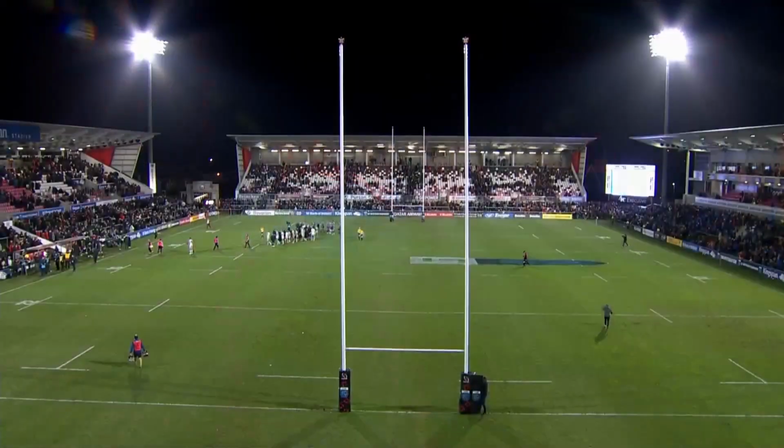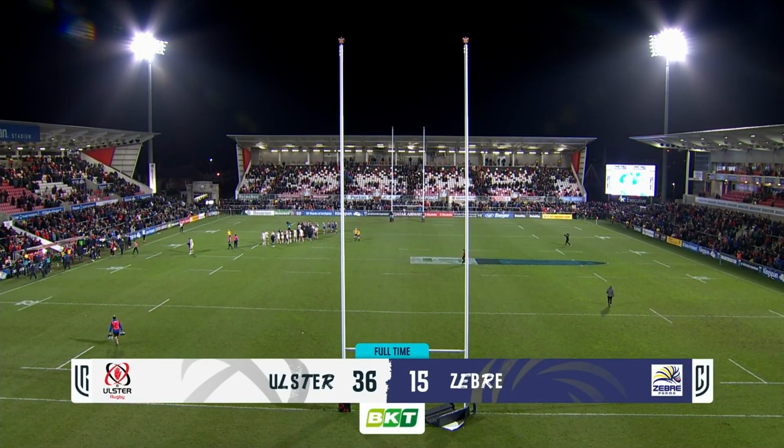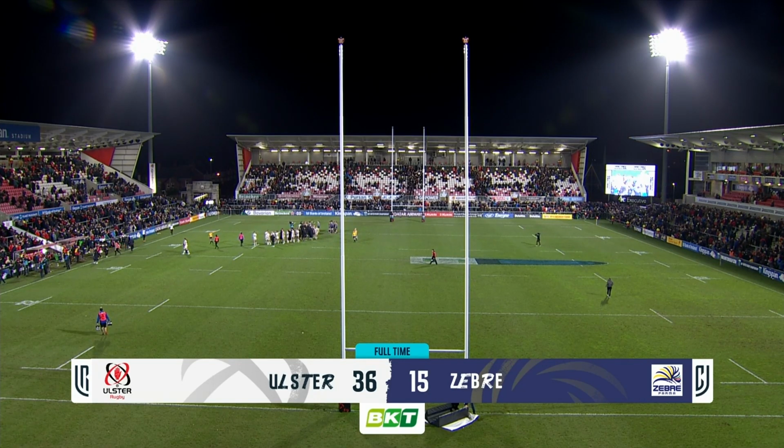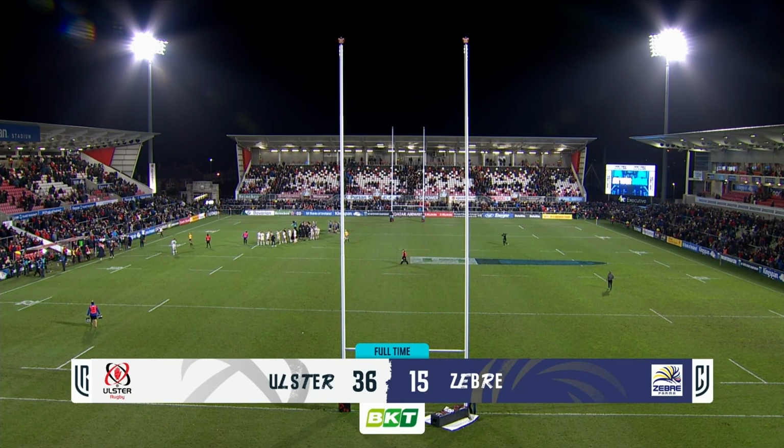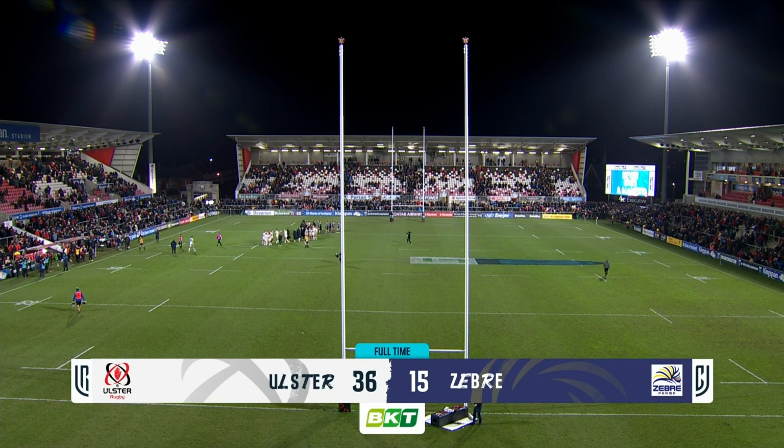Well, good to see the man with 19 on his back playing once again, and there it is. Final score: Ulster won this one. They've got the bonus point. They should move up to second place in the table if my sums are right. Final score at Ravenhill is Ulster 36 and Zebre